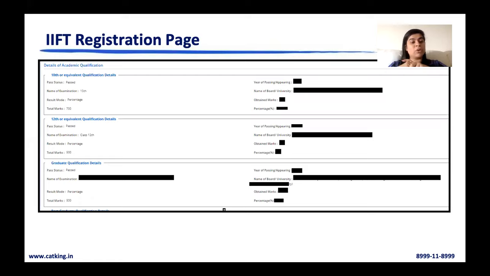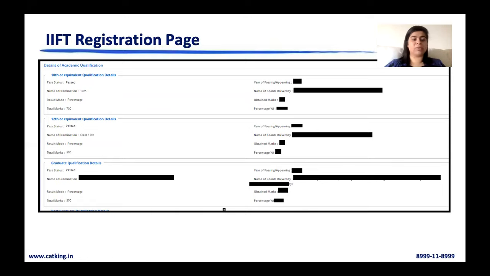Now here, what you have to update in your graduation space is an aggregate of all the semester marks that you have. Let's take an example. You have results of, let's say, only 3 semesters. So put the aggregate of 3. If it is 4 semesters, put the aggregate of 4, if 5, then of 5, however many are available. In some cases you were passed and directly promoted because of the pandemic, that's okay. But for as many semesters as you have marks, aggregate them, and please make sure you write the total marks, obtained marks and percentage accurately. Okay.